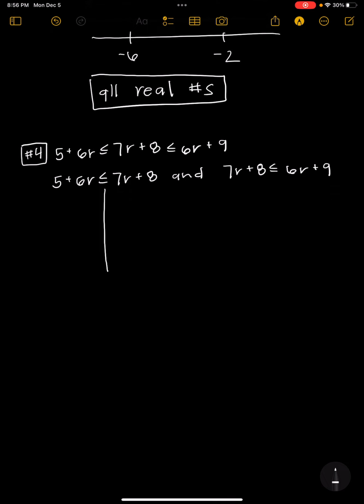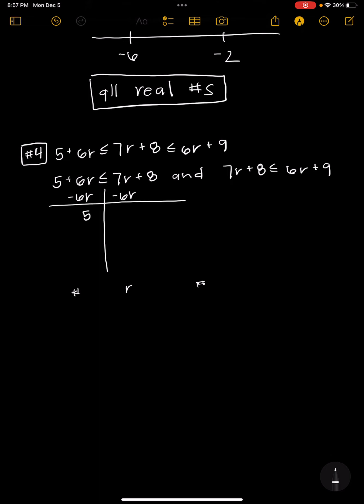So what we're going to do is get the r on one side. And in the last video I told you to get the variables always on the left side. I'm going to put my foot in my mouth a little bit here. I'm going to get the r onto the right side in this case. The reason why I put the r on the right side, particularly in this specific question, is because I want it to end up looking like some number and then an r and then some number. So this r wants to be in the middle. In order to make it in the middle, I have to put it on the right side of the left equation. So what I'm going to do is subtract 6r from each side,